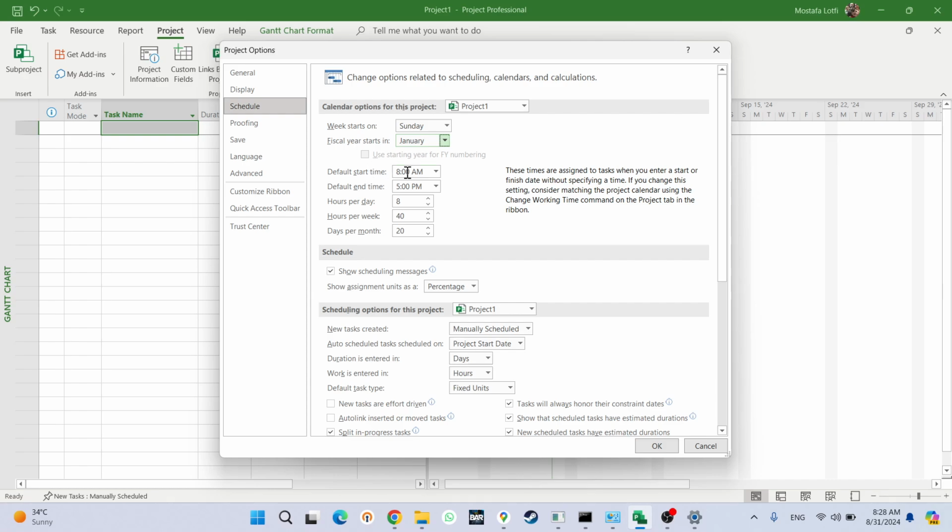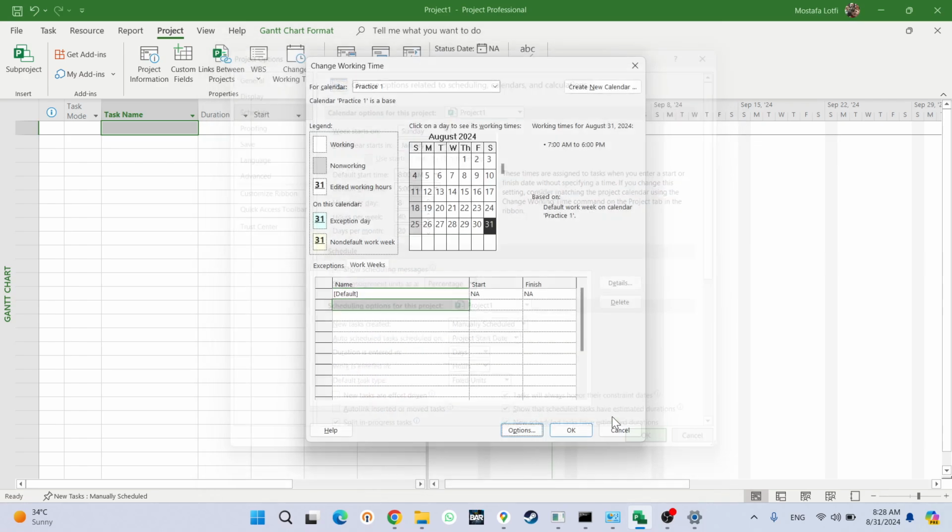But this one, default start time. Here, as you can see, the default start time is 8 a.m. and the default end time is 5 p.m. Okay, these are the default values for Microsoft Project. If you remember what we defined for our calendar, for the project calendar,